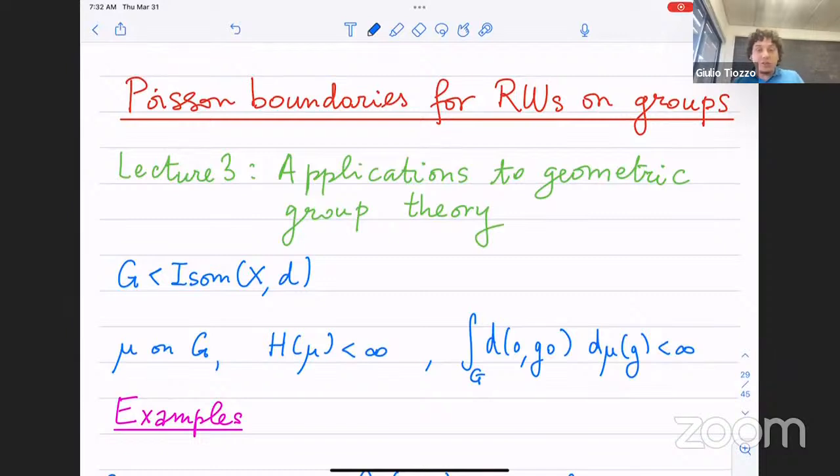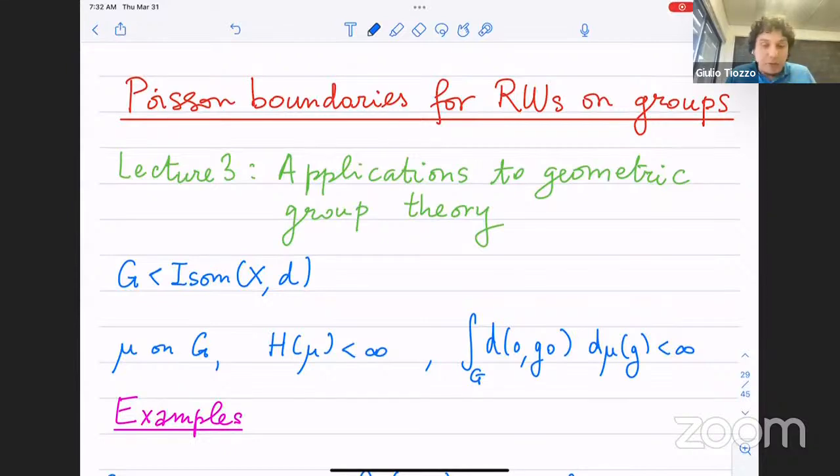The good news maybe is that today we are going to look at some more geometric applications. If you bore with me yesterday with all this measure theory, today we're going to see much more geometry. In fact, we're going to prove what Kazuo was alluding to before, that for the Poisson boundary of a mapping class group, we could identify it with the sublinearly Morse boundary. So let me first start with some history or examples to see what is known.